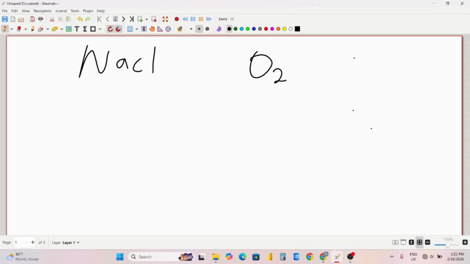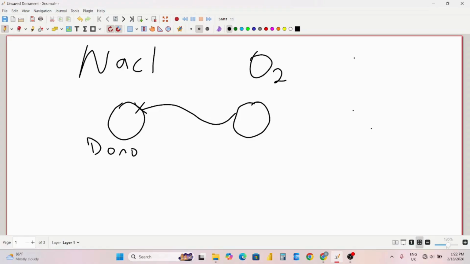Electrovalent bond is formed when a metallic atom transfers its valence electron to a non-metallic atom. The metallic atom is called a donor because it transfers its valence electron to the non-metallic atom, regarded as the acceptor. So when the metallic atom transfers its electron,